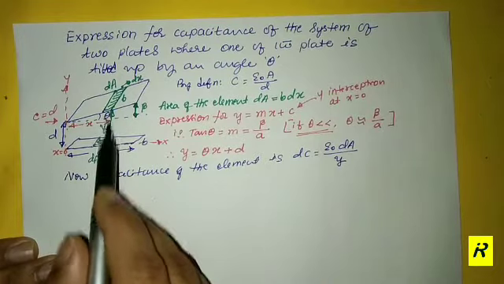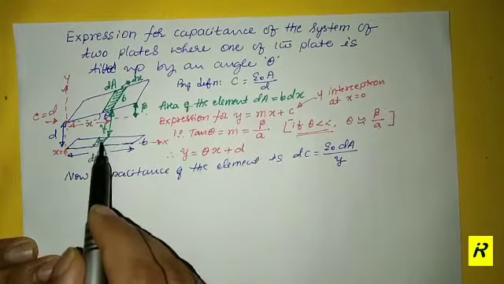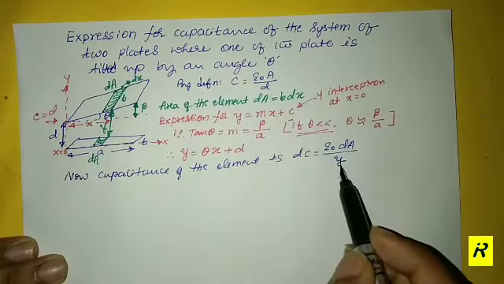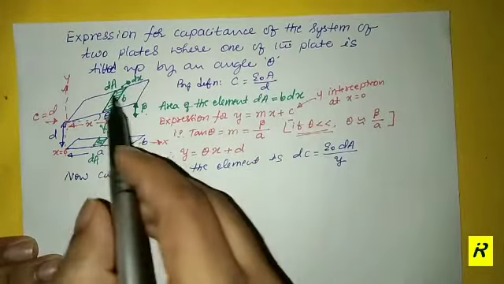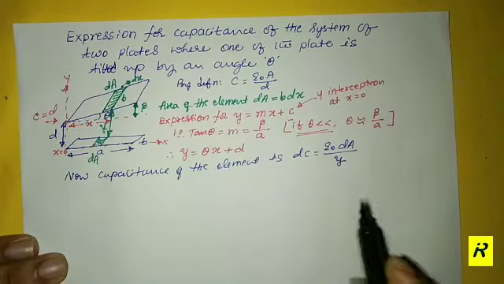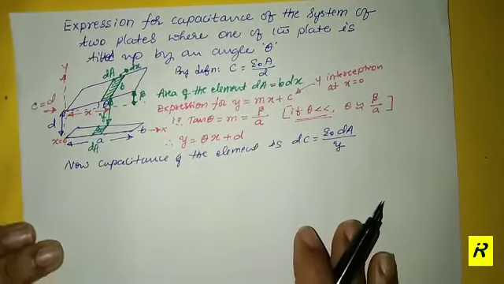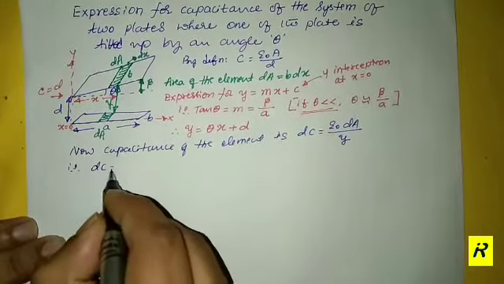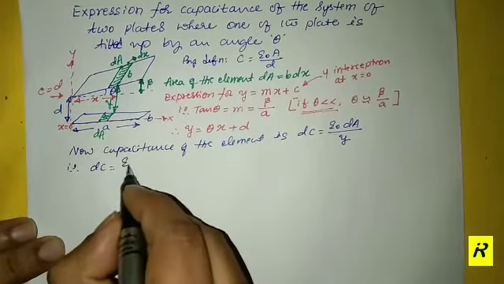These two elements, this area and this area, are separated by a distance y. So instead of d I must use y, and the area element is of value dA. It should be used. So now let me make some substitutions further. That is, the element capacitance dC is equal to epsilon O